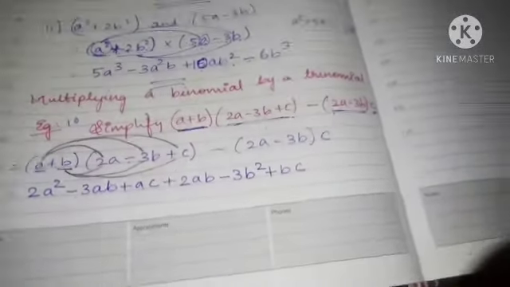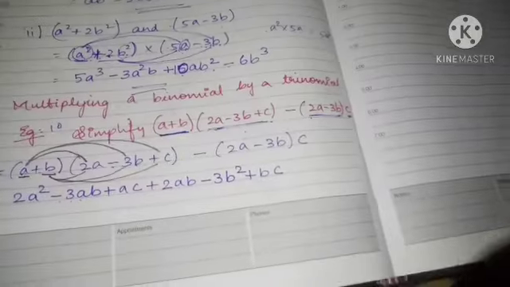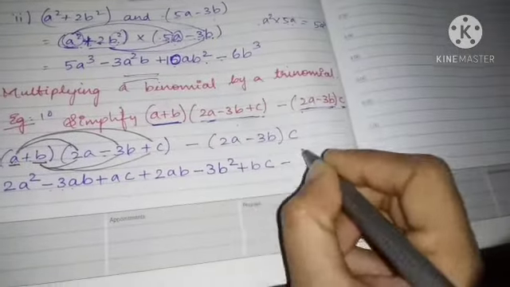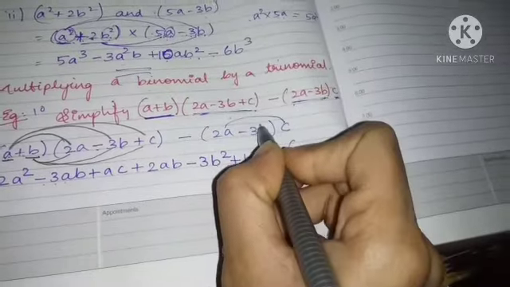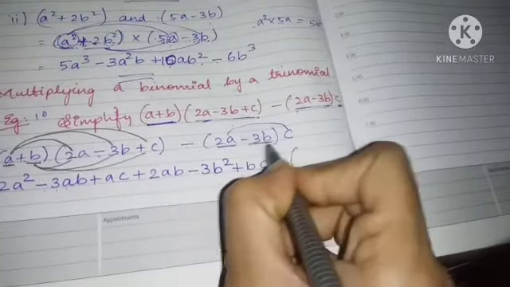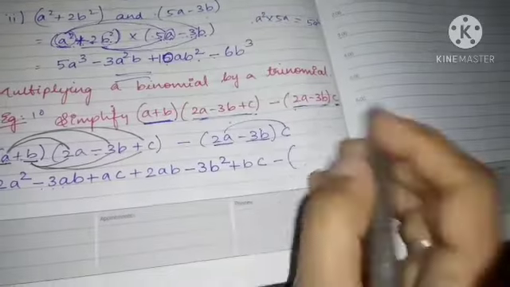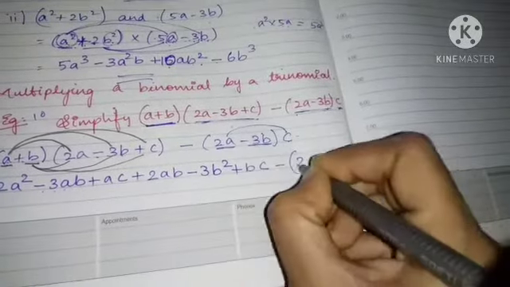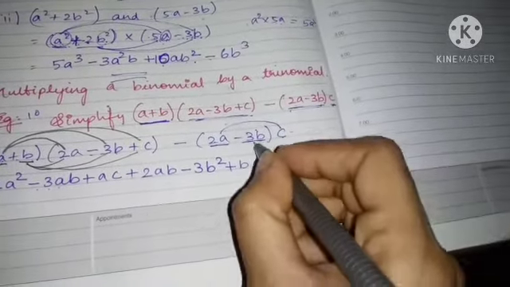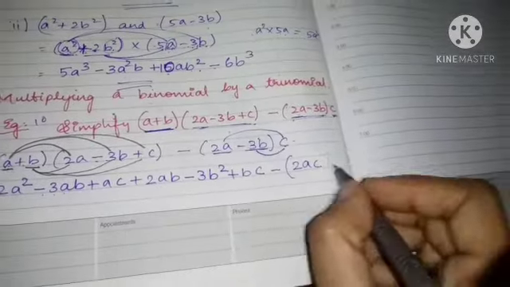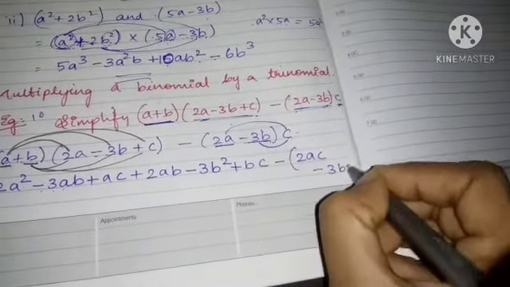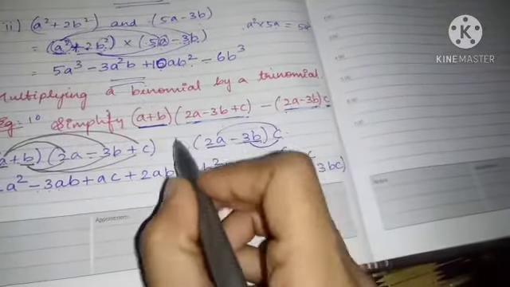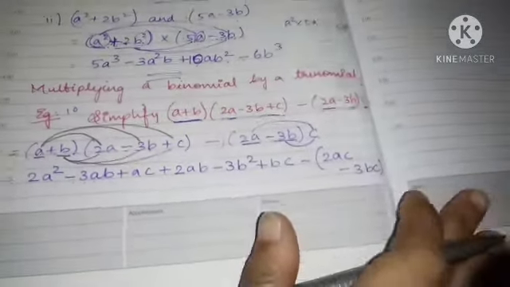Over? Okay. Now, this minus you keep outside. Open bracket. This 2a is common to this. And first you should multiply. Two terms are there, right? First term should be multiplied with this. 2a into c is 2ac. Next, second term should be multiplied with this. Minus 3b into c is minus 3bc. See, I didn't bring this minus inside, okay?